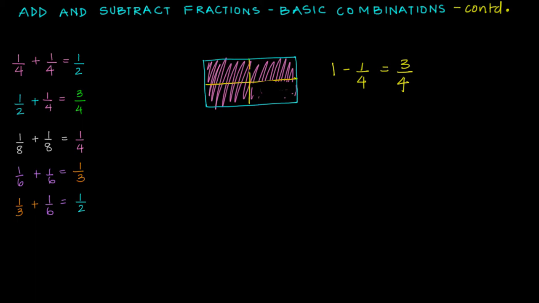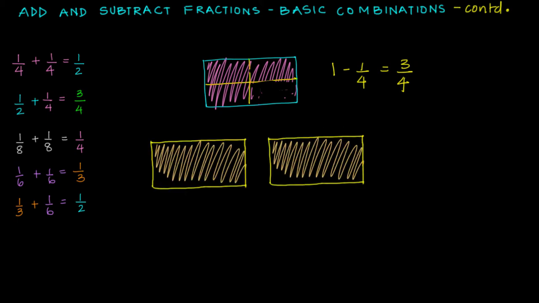Now what if you had 2 bars of chocolate? So this is your 2 bars of chocolate, and again you decide to eat only 1/4 of 1 bar of chocolate. So let's take one of the bars of chocolate and split it into 4 parts. These are your 1/4, and you decide to eat 1/4 of 1 bar. So this has gone away. How much chocolate are you left with? You are left with 1 and 3/4 of a bar of chocolate. And if I write that as an equation, I started out with 2 bars minus 1/4 equals 1 and 3/4.